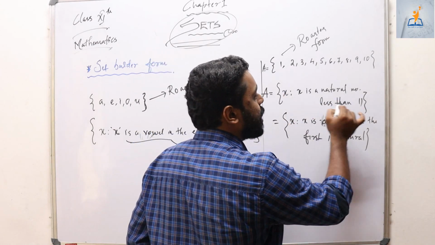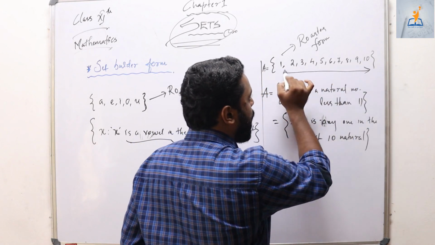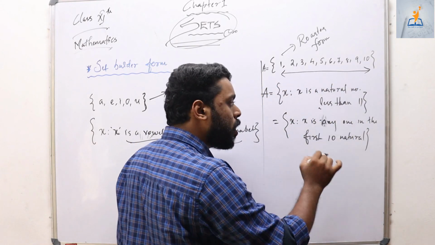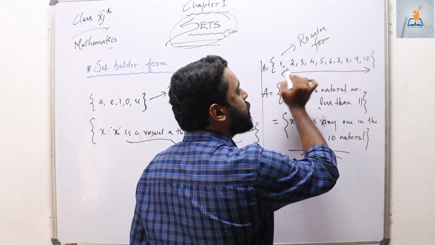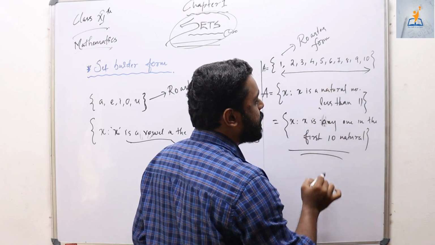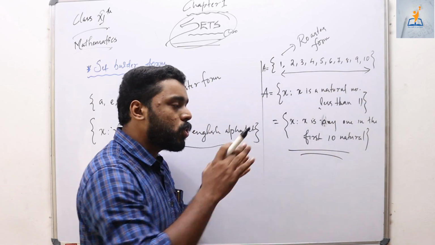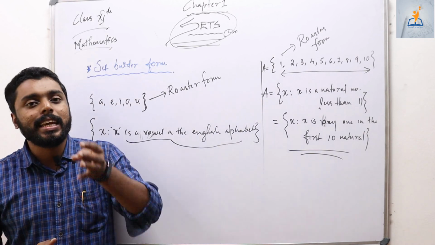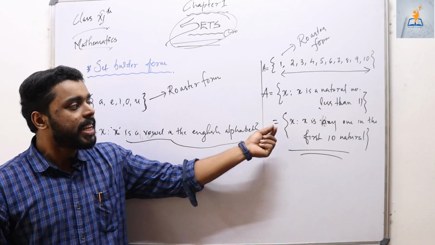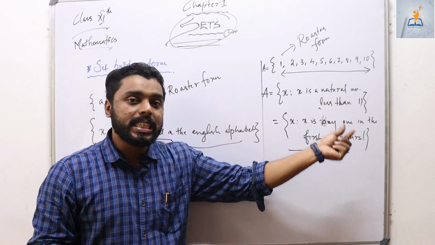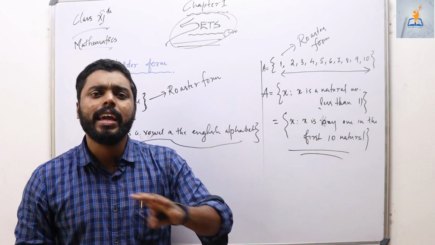See, x is a natural number less than 11. Only these 10 elements satisfy this property, or x is anyone of the first 10 natural numbers. Only this set or these elements satisfy this property and not any element outside this set. So whenever we are representing a set in the roster form, what we are actually doing is stating the property which is possessed only by the elements in the set and not by any element outside the